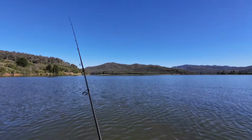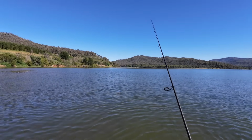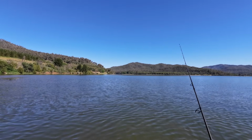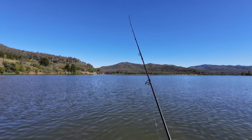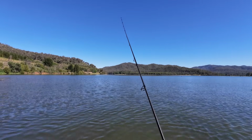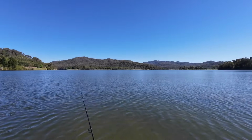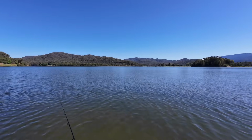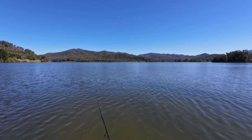I'm not sure where to fish at sunset. Normally I like to fish over there and watch the sunset, but with the lake being up a little bit, it's sort of going to be hard to get to the water. There's a bit of a ledge there with some big rocks, unless I fish off a high bank. I'll have a look around and see what I can find. I reckon I might go back to where I started and have a few more casts there. And then I might go and find some...